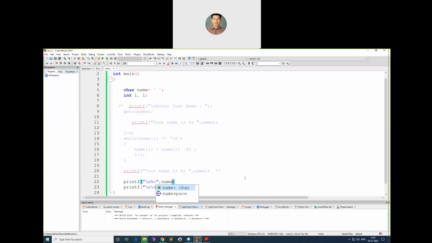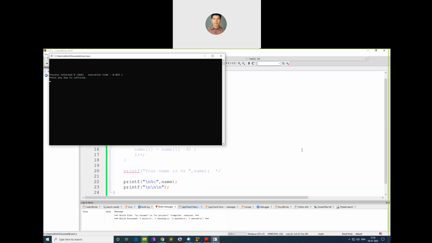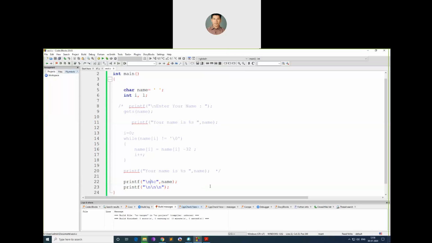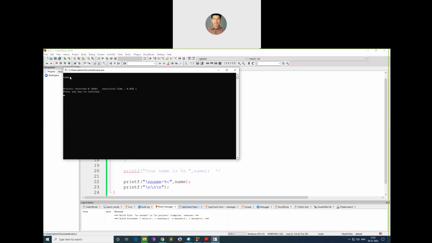It is a single character now, not a string. I'll run this. What is this? It is a space. I'll print here saying name equal to space. See this, this is a space character.